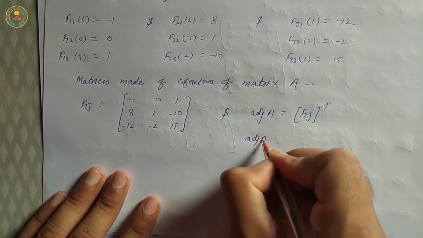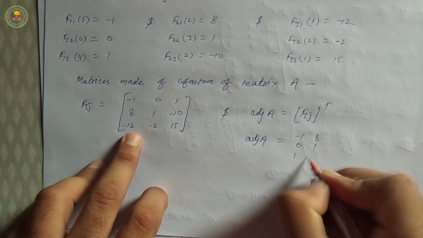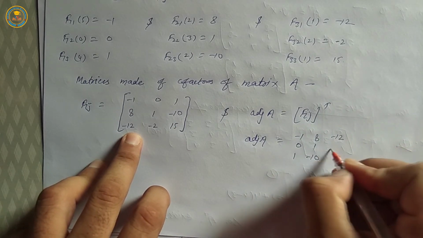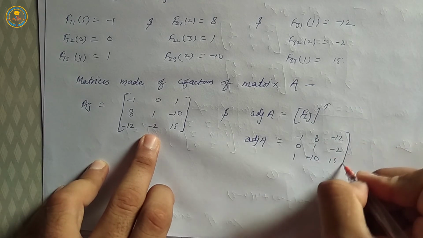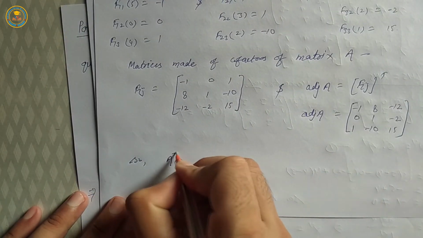It means adjoint A is equal to minus 1, 0, 1, 1, 1, minus 10, minus 12, minus 2, 15. Okay. So A inverse is equal to